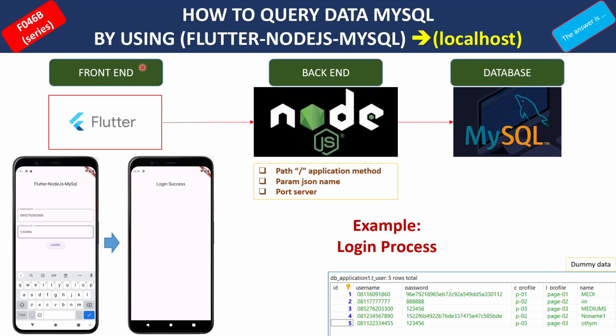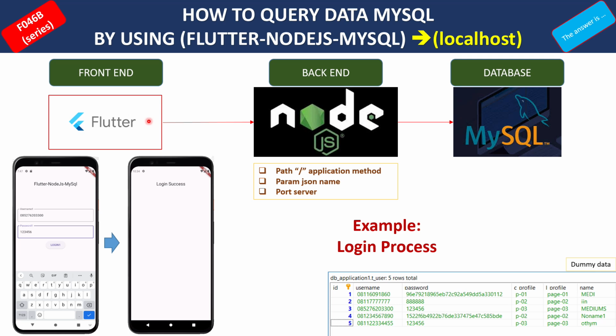Before we make the coding, let me tell you about my presentation. This is a front end, back end, and database. Before we continue our project, the last project we used Postman. But in this case, I use Flutter.